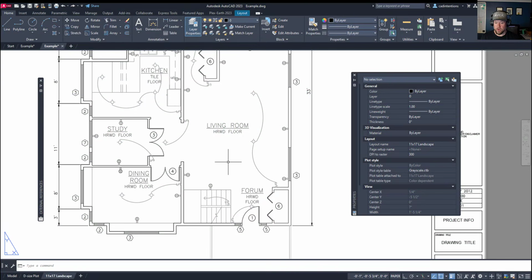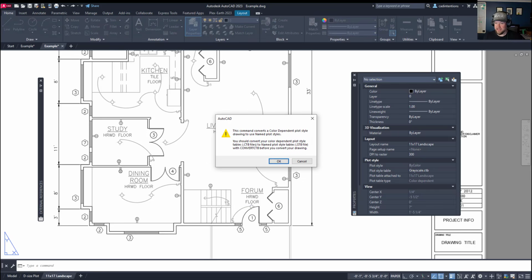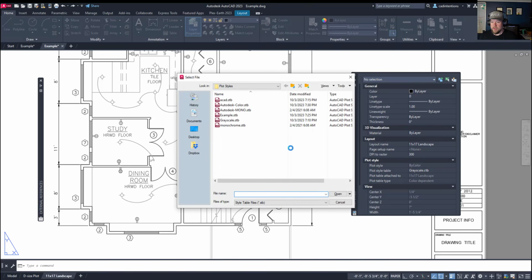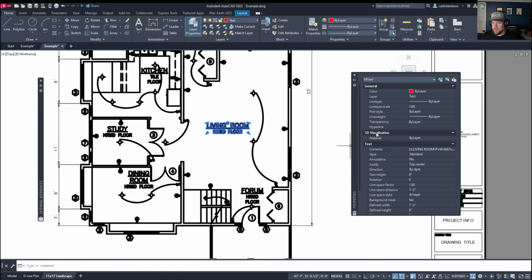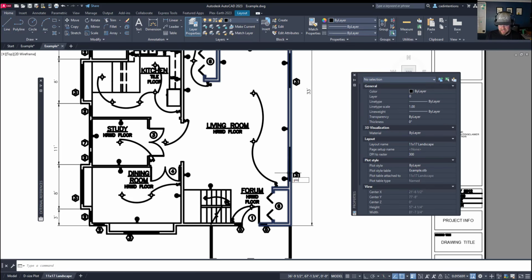Alright, so to convert your drawing from a CTB style to an STB style, you can simply use the command convert p-styles. And hitting enter is going to ask you to make sure that you have a named style table that you can convert between. Basically, you need to have an STB to convert from one to the other. We're going to hit OK. So we're going to use, say, my example one here, and you can see everything in here has come in, and now all of a sudden it's thick because it's using a plot style that is set to